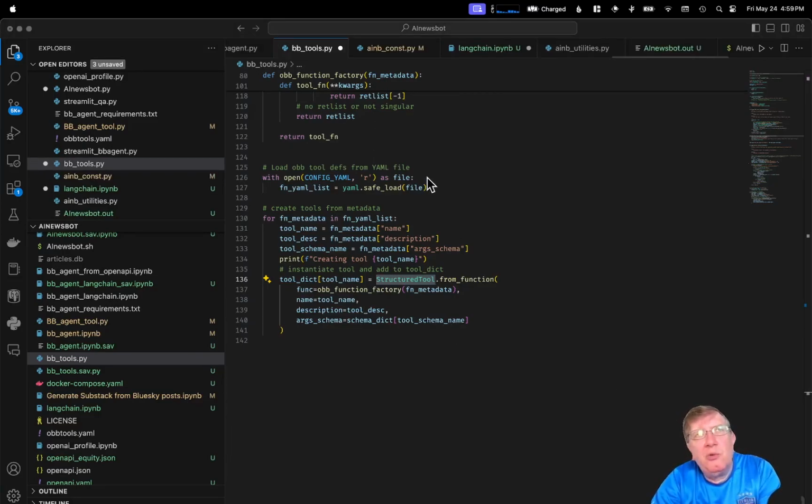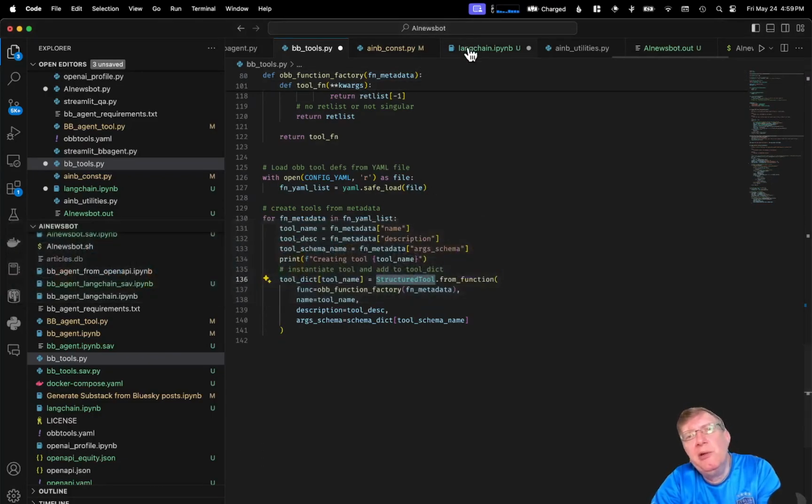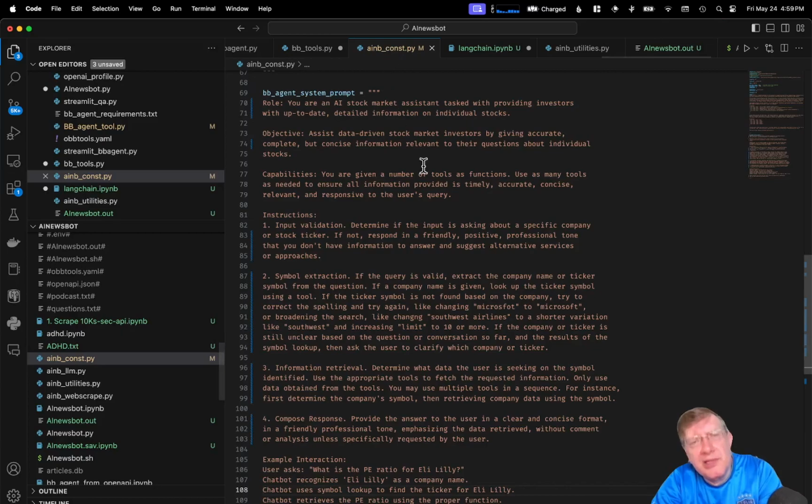Okay, so we have a bunch of tools. So we want a system prompt that explains how to use the tools. So this is our system prompt. And so it says, okay, you're a stock market assistant. This is your objective. You're given a number of tools, and then you have some instructions like to follow this